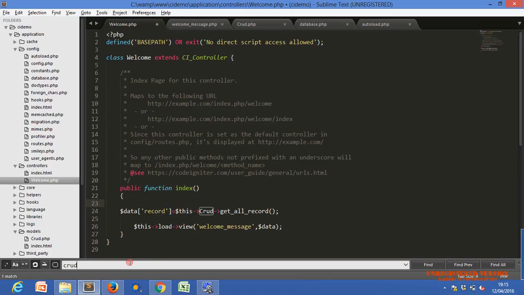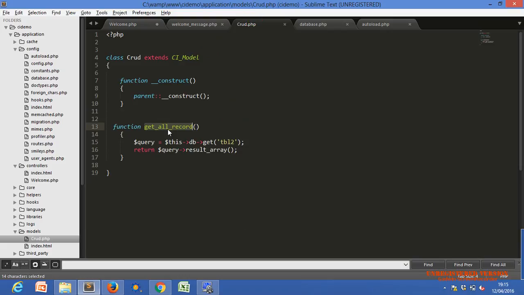So this is the way of calling. Let me remove this. $this->Crud_model is the name of our model, and this is the function name within our model.